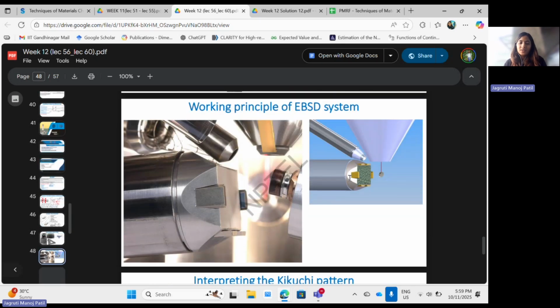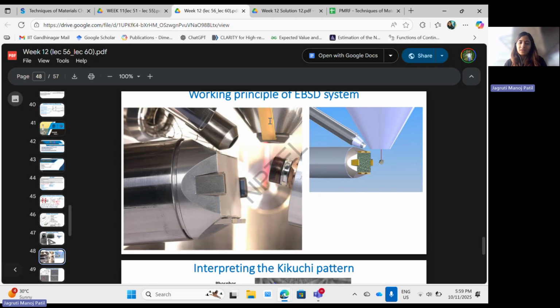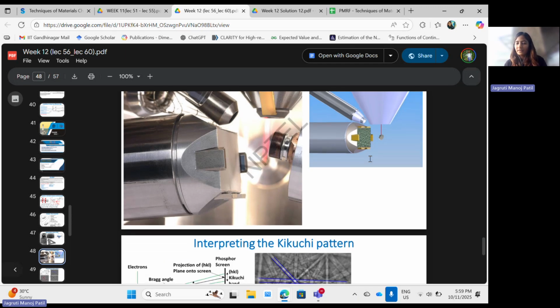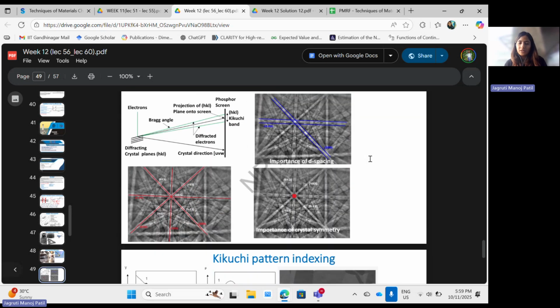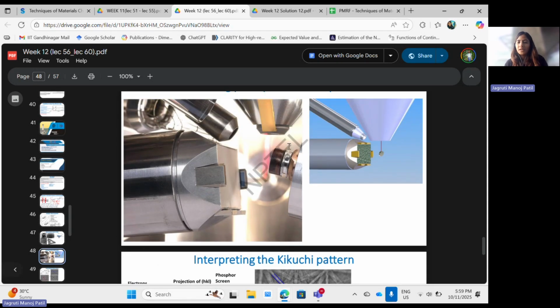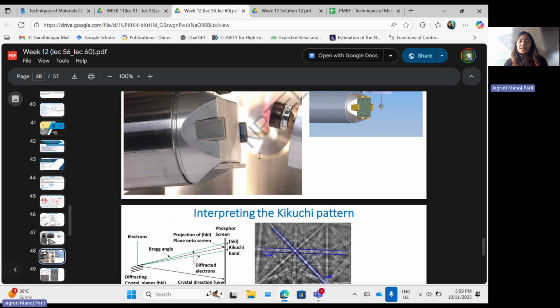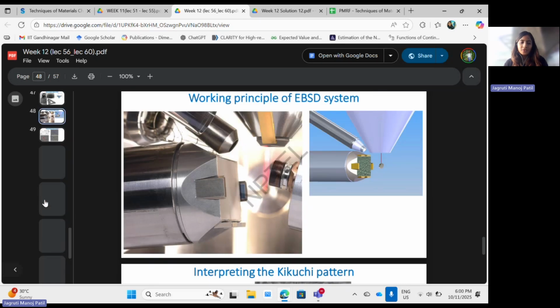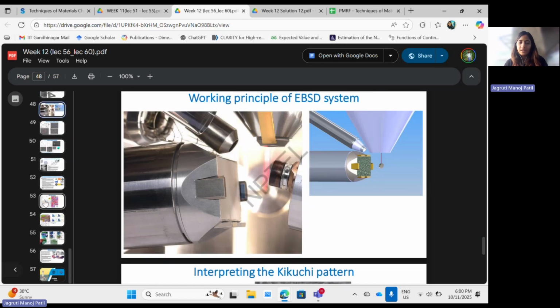Okay. So how does it work? This is your EBSD detector, this is your source gun, and this is where your sample is being placed. At that particular angle where your specimen will get a diffracted angle, that's where your detector needs to be placed. So it's all automatically done. And nowadays in analytical SEMs, you also have a feature where you can directly see where your detector is going and what's happening in your sample chamber. You have a camera, and you get live feedback and can see through it.